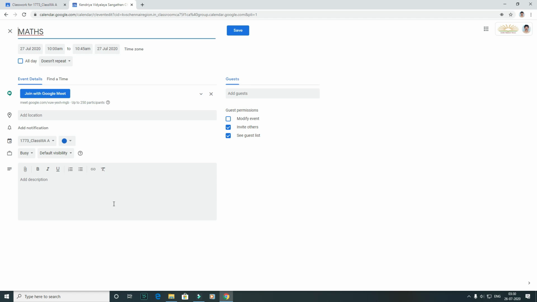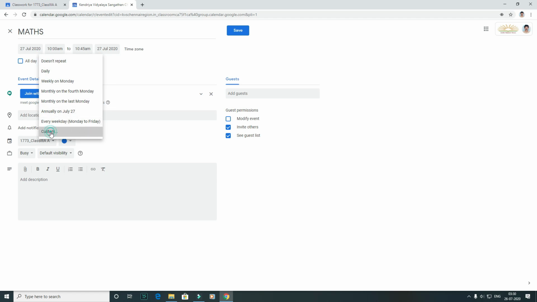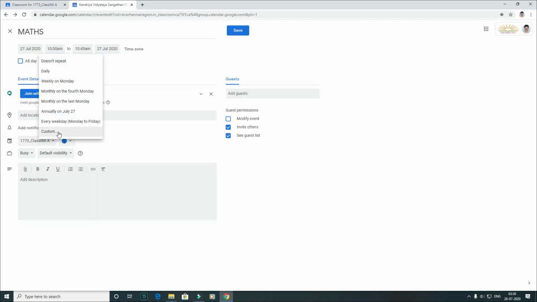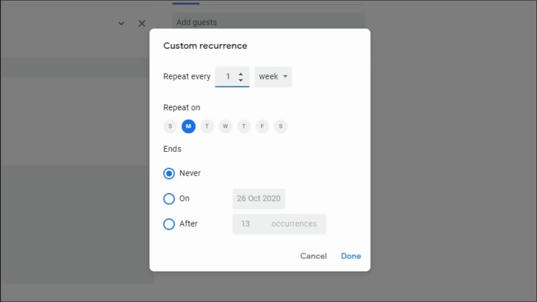The subject you can see, maths 10 to 10:45 on every working day. Suppose the subject is repeating over a week, then select custom. Here suppose you have the maths class on Monday, Wednesday, Thursday and Saturday.